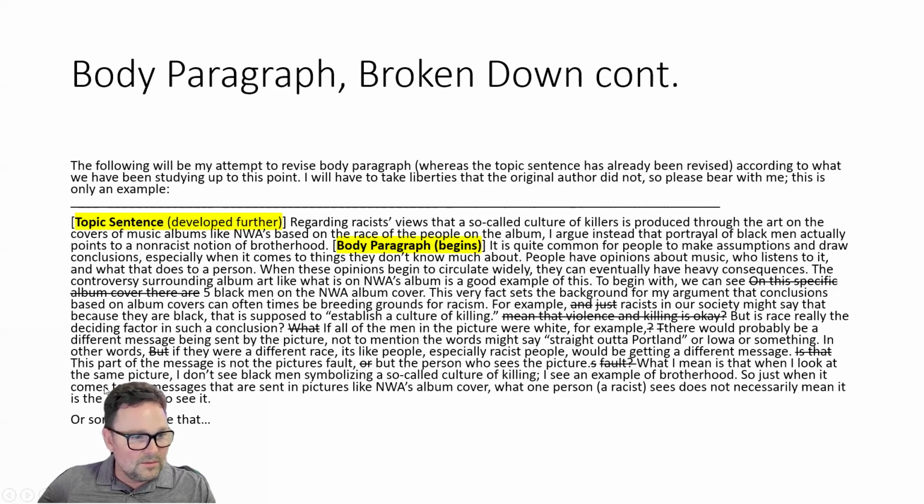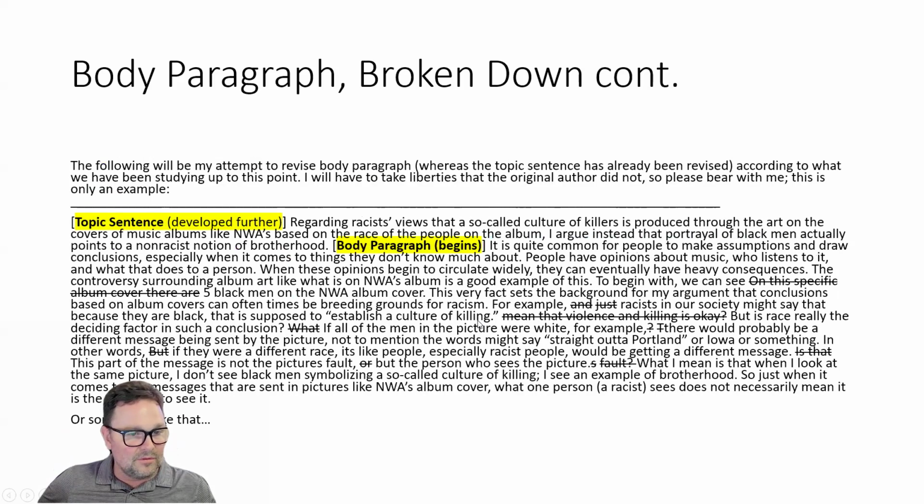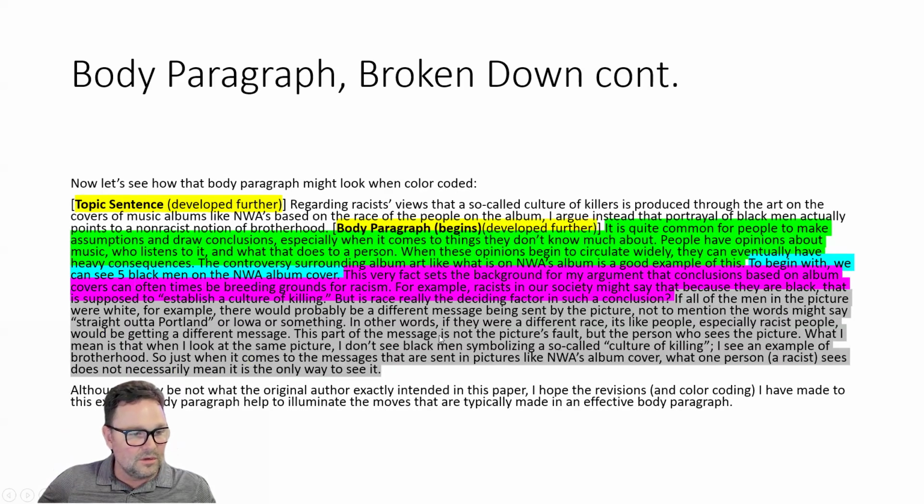So just when it comes to the messages that are sent in a picture, like NWA's album cover, what one person or a racist sees does not necessarily mean it's the only way to see it. Sorry, I had to duck out of the way so I could read it. As much as this is an improvement by the student over the original body paragraph, here we'll go to this color-coded view. Once again,